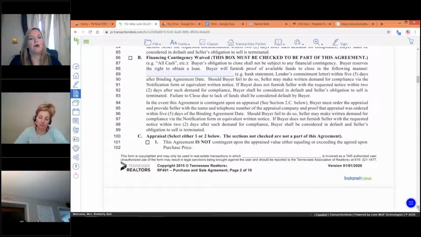On line 94, in the event this agreement is contingent upon an appraisal, the buyer must order the appraisal and provide seller with the name and telephone number of the appraisal company and proof the appraisal was ordered within 5 days of the binding agreement date. Now,